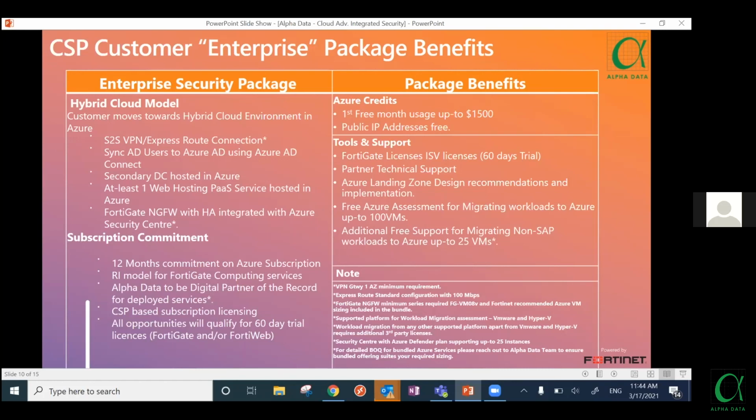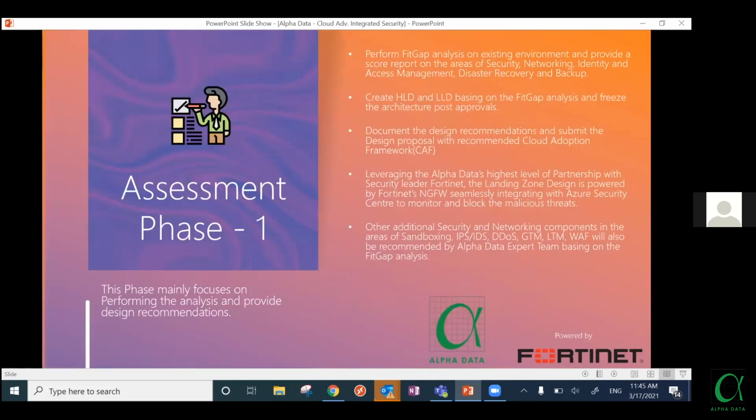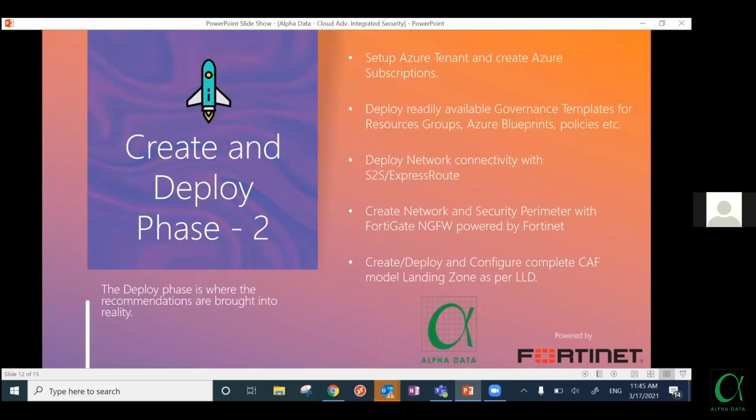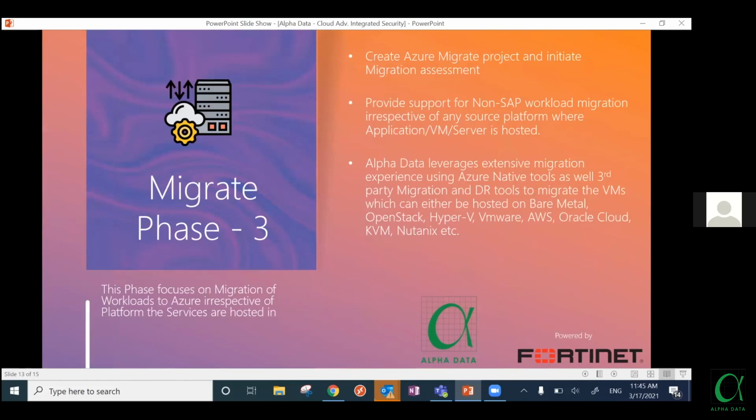And the benefits I think are very much clear. I'll be sharing these particular slides with you after this webinar as well, so that you can go through them, you can understand them, and also if you have any questions, you can reach out to our marketing team. They'll be able to give you a clear picture of what exactly is being covered and what exactly is being excluded from this particular offering, right? There are other slides as well, which are basically talking about the assessment phase, what is being covered, and we also have a deploy phase, and we also have a migrate phase.